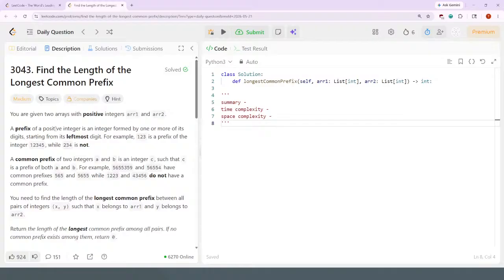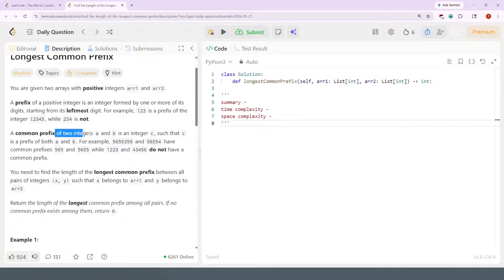The prefix of a positive integer is an integer formed by one or more of its digits, starting from its leftmost digit. For example, 1, 2, 3 is a prefix of integer 1, 2, 3, 4, 5, while 2, 3, 4 is not. A common prefix of two integers a and b is an integer c, such that c is a prefix of both a and b. For example, 5655359 and 56554 have common prefix of 565 and 5655, while 1, 2, 3